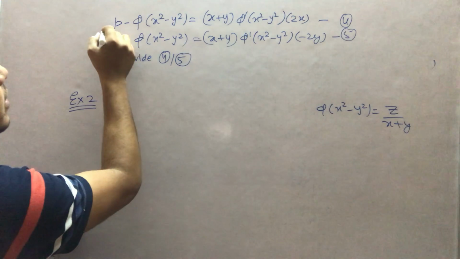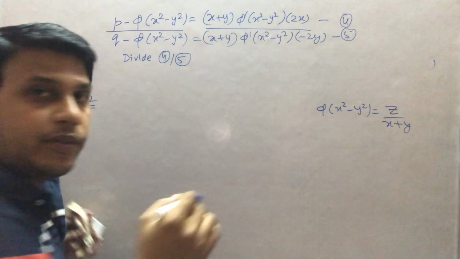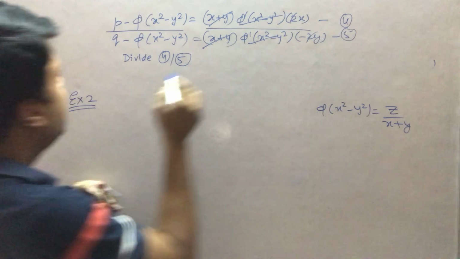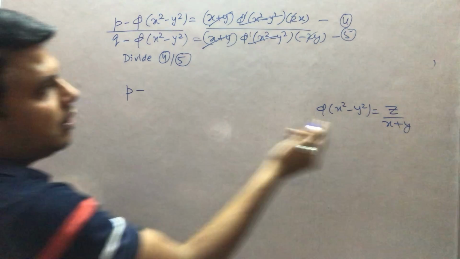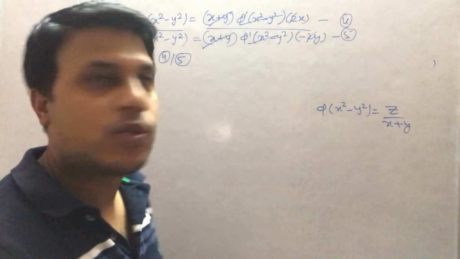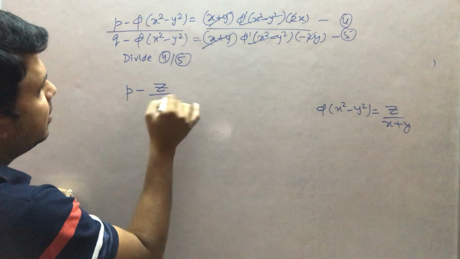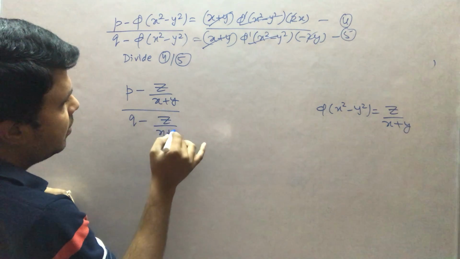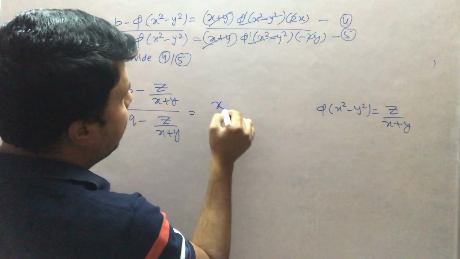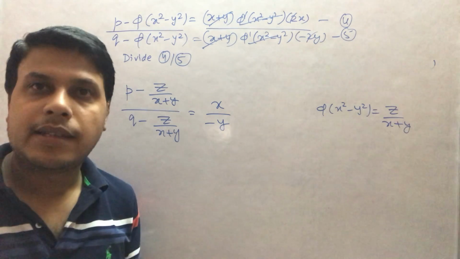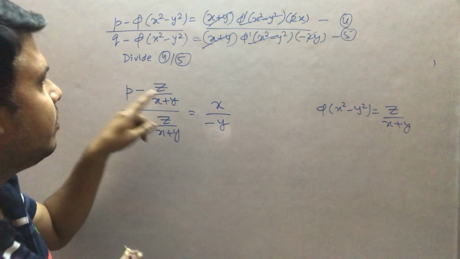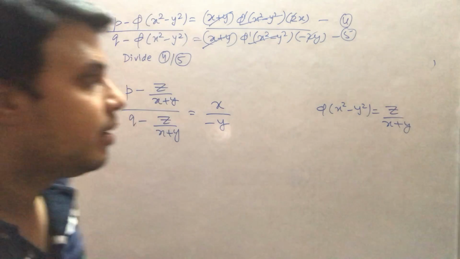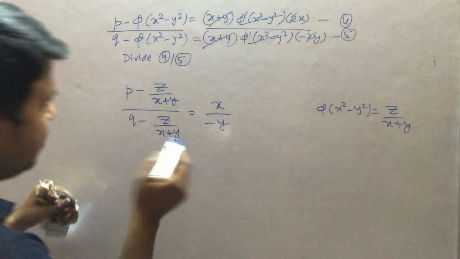So if we divide, what will we get? The 2 and 2 will cancel out. So p minus the value of phi of x square minus y square, it will be... So friends, I hope this is clear that we have substituted the value of phi of x square minus y square as z upon x plus y. So if we take the LCM,